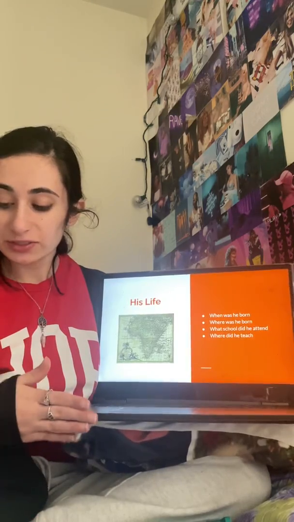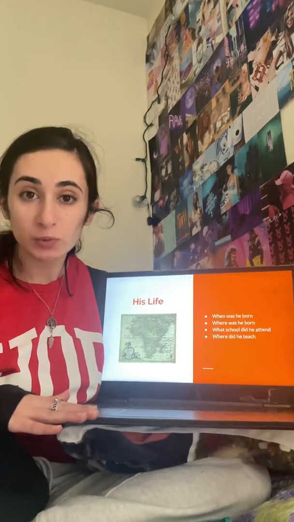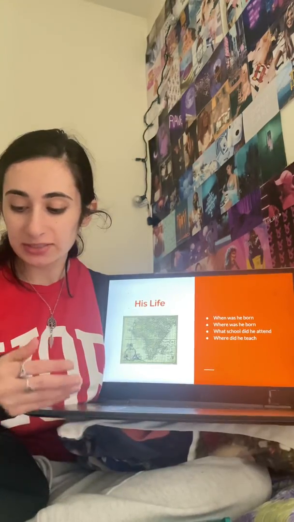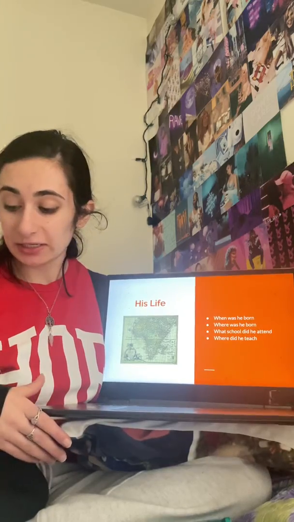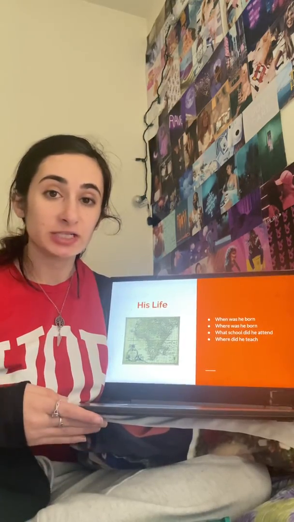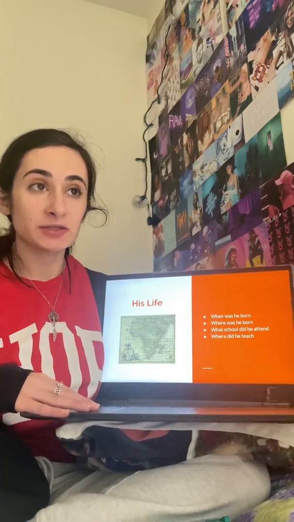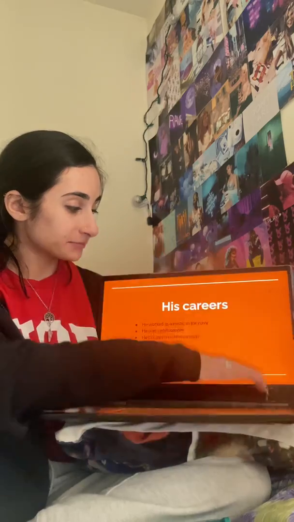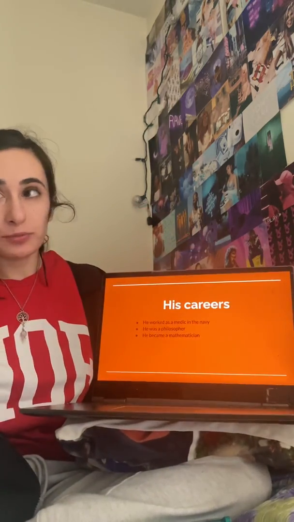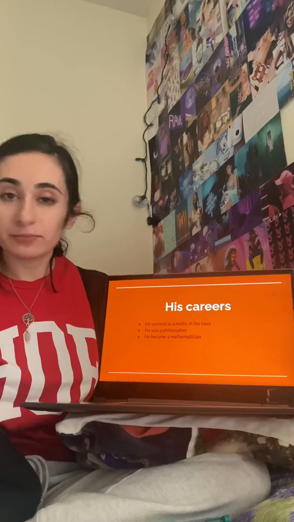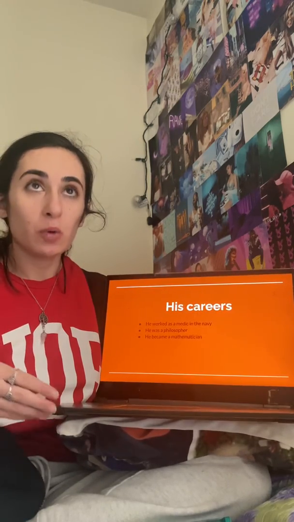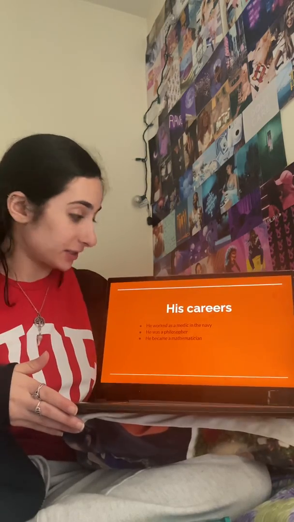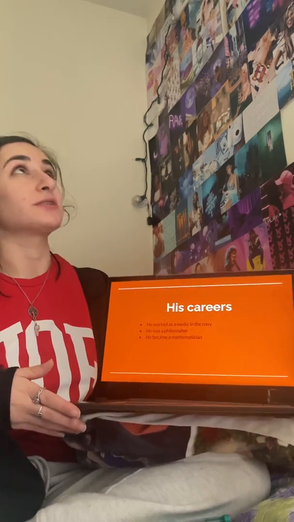He studied at the university, and in 1727, he moved to St. Petersburg to work and study at that academy. He became a professor of physics in 1730, and then in 1733, he became a professor of mathematics. So a little bit prior to him being a professor, he was also working as a medic in the Navy, and then he was also a philosopher.